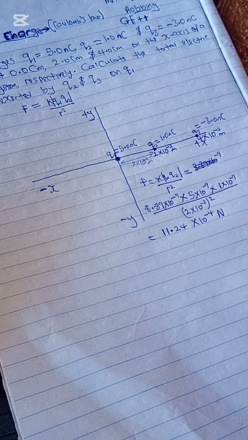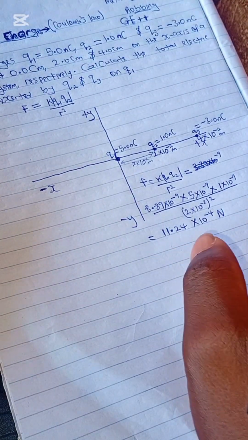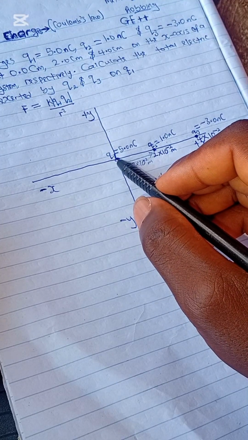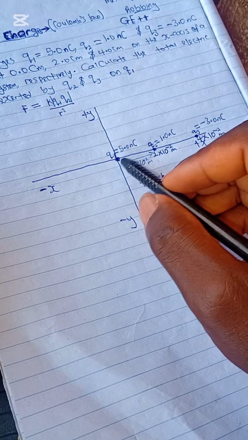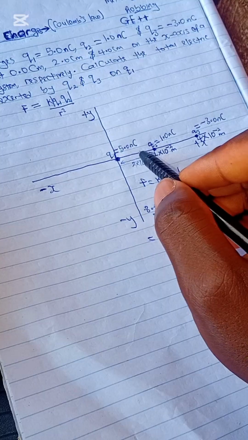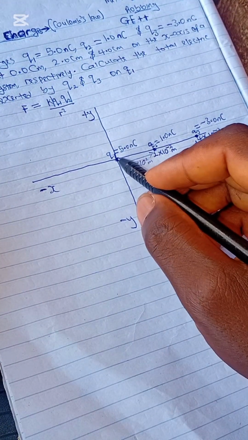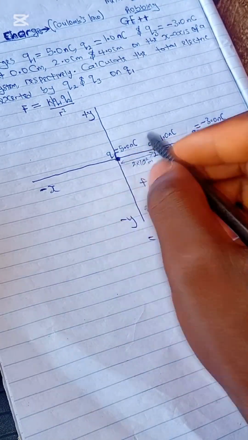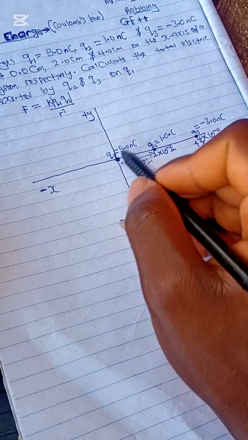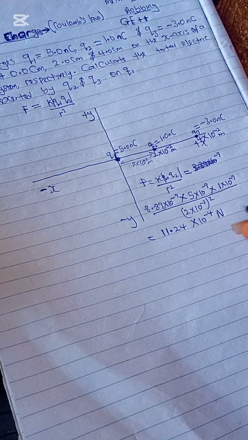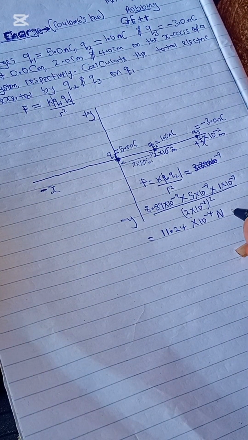That's the force, that's just the magnitude. Now for the direction. Q2 is positive and Q1 is also positive. Are we together? So when you have like charges, what happens between them? They repel. That means the force that Q2 is exerting on Q1 will be pushing Q1 to the negative x-axis. So that's 11.24 times 10 raised to power minus 4